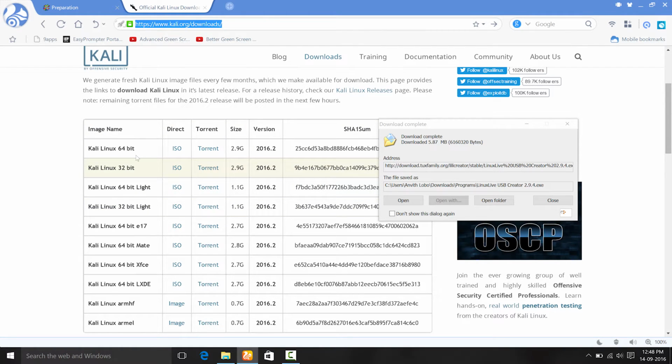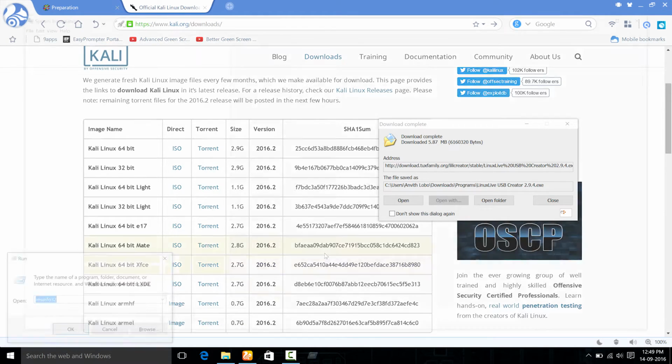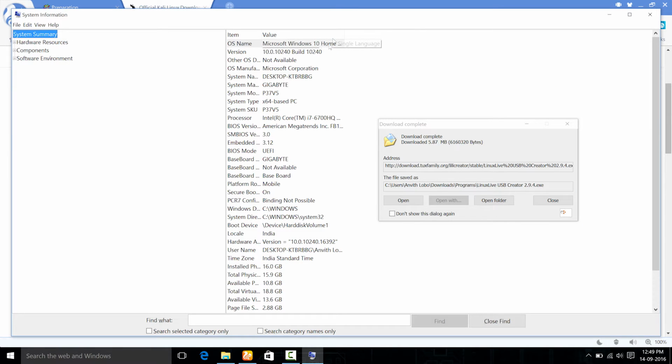First you need to know which operating system you're running on. If you are on 64-bit, you need to download this. If you are on 32-bit, you need to download this. If you don't know how to check, hold the Windows key and press R. Then you have to type msinfo32 and hit enter. The first thing that is displayed is your operating system itself. I'm running Microsoft Windows 10 Home Single Language, so it shows me that here.